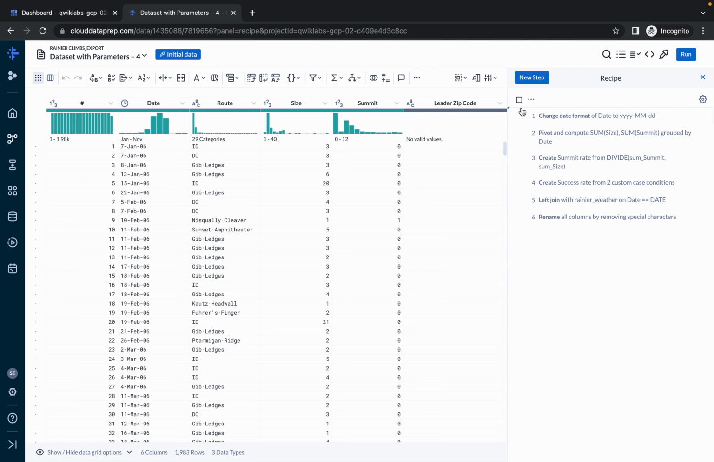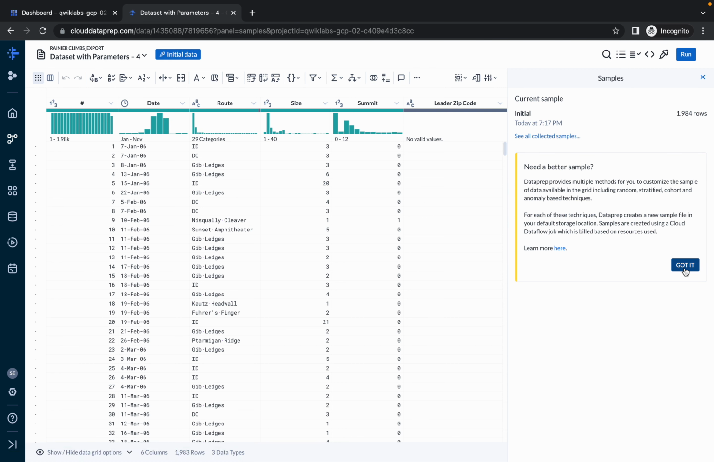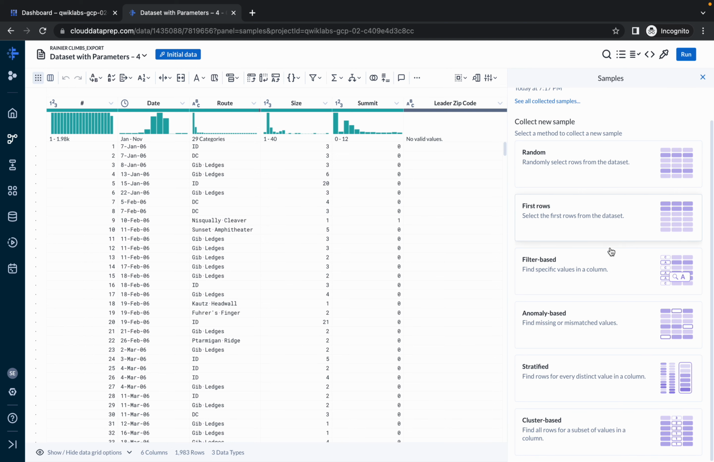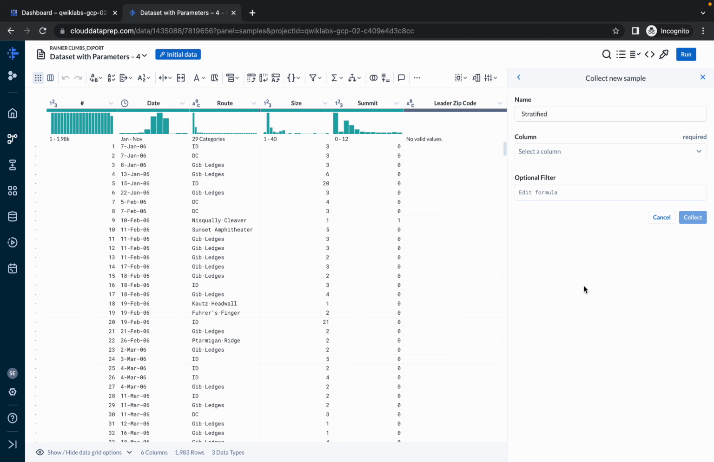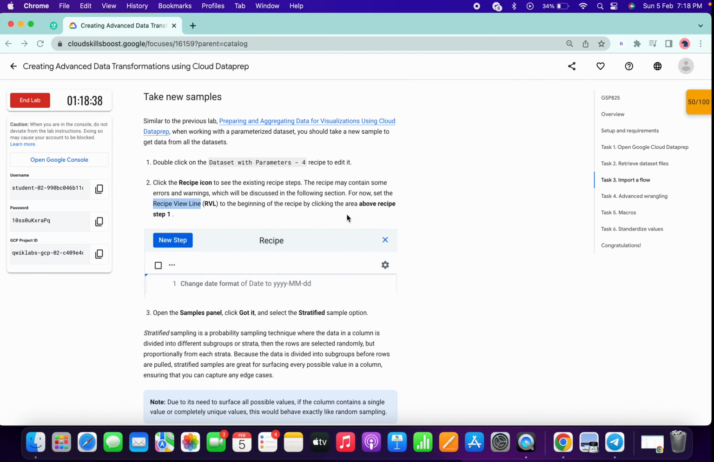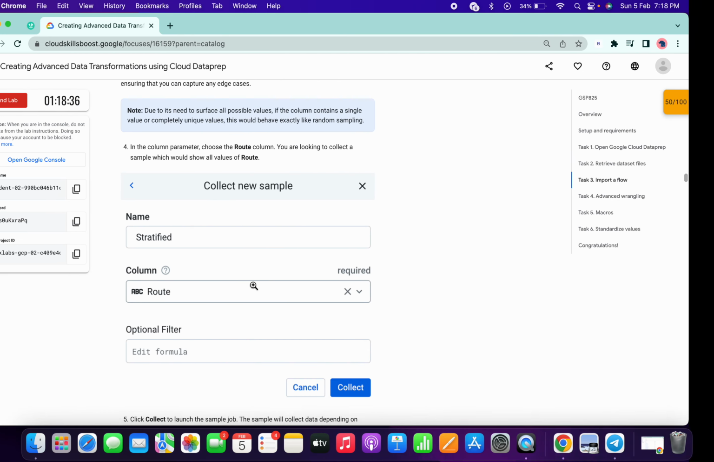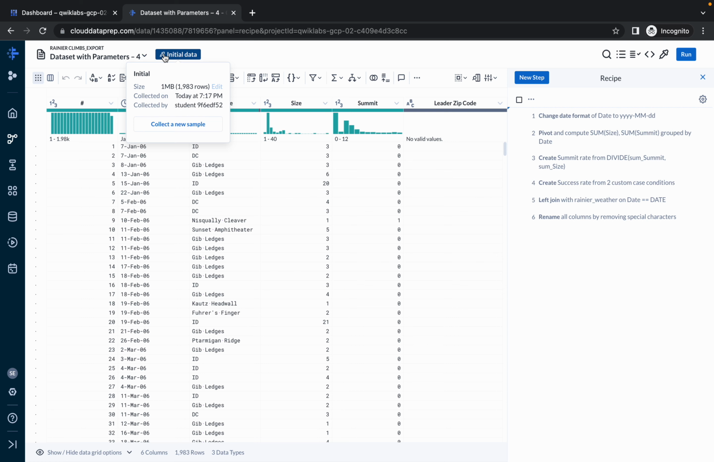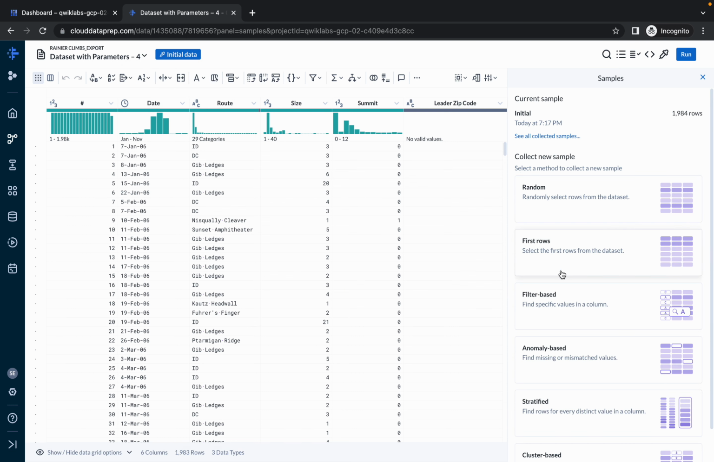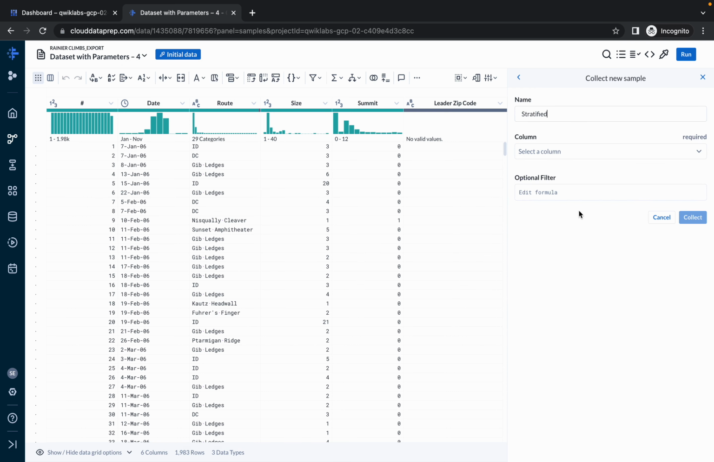Okay, make sure of that. Now click on this initial data, then click on this got it, scroll down, and from here select this satisfied. For the column we have to choose, let me just check what we have to choose. We have to choose routes. So click on this initial data, then from here choose this, and for the column choose route, and simply